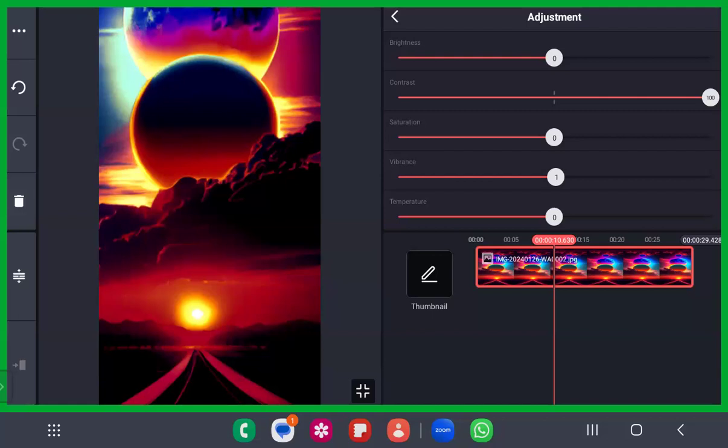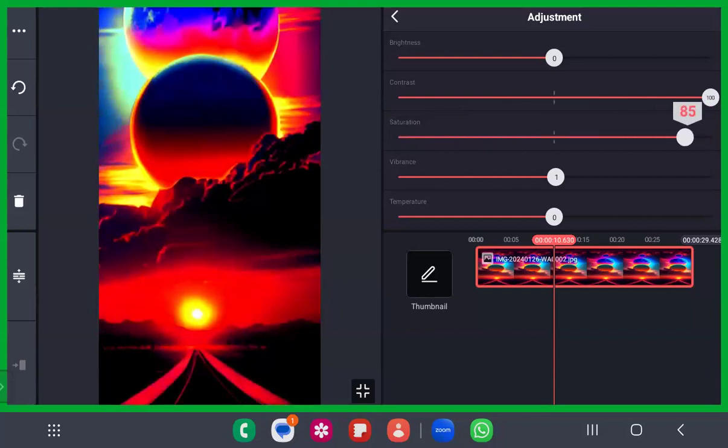Then there's something called saturation. Saturation is nothing but you are giving some coverage to this, or increasing the coverage to this. You can give the grayishness or the brightness to this. That's all. Then there is something called vibrance. Vibrance is the same kind of tool. As you're enhancing the video effects, you're putting the brightness to the video, striking the bright colors to the video or the photo.